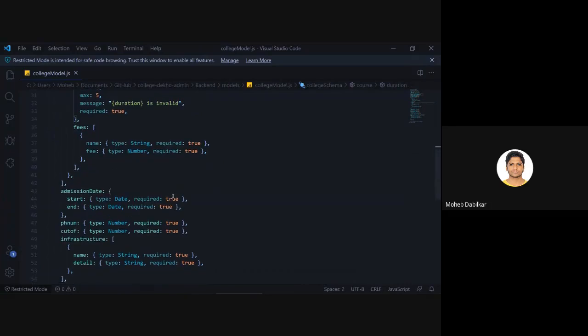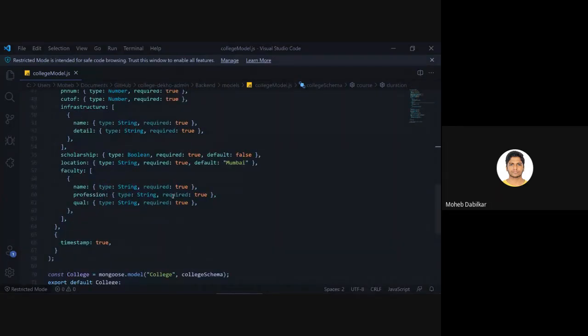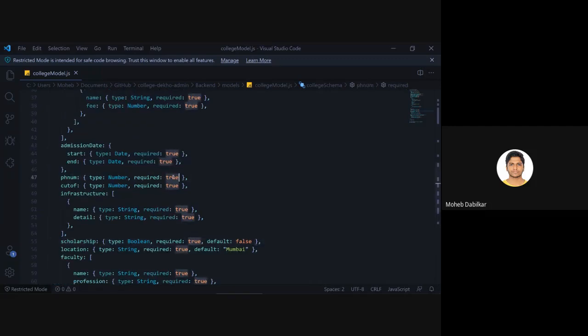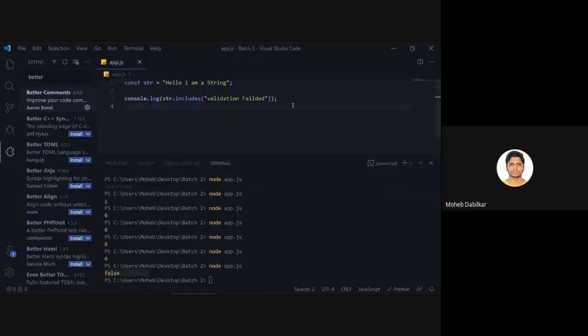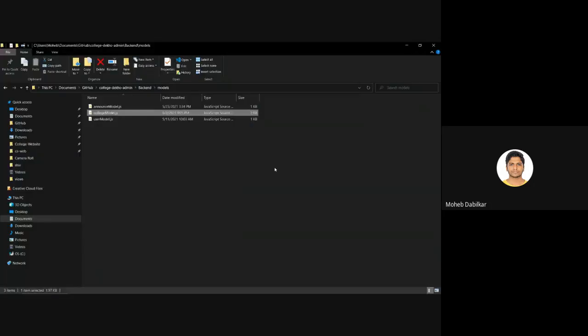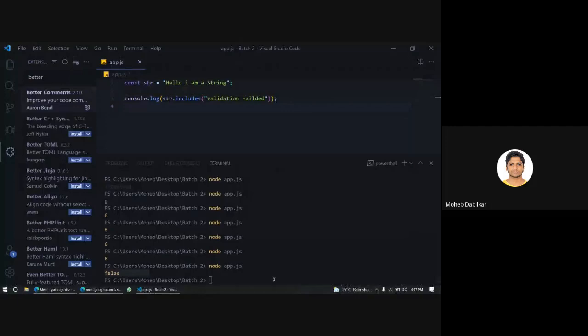We are looking for boolean. You see it says type boolean, and default is false. We are also using boolean for this required part, that is true and false. So that is your boolean value, and then we also had date over there. I just skipped it right now. Let's just close this and stop this right here.